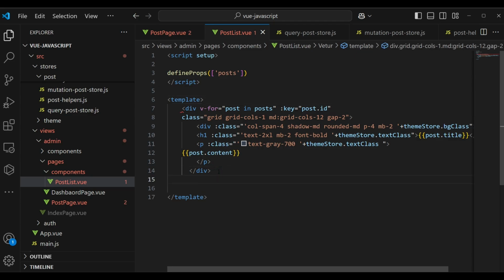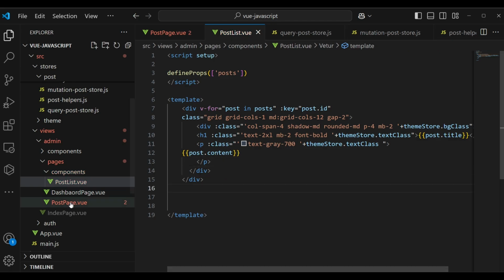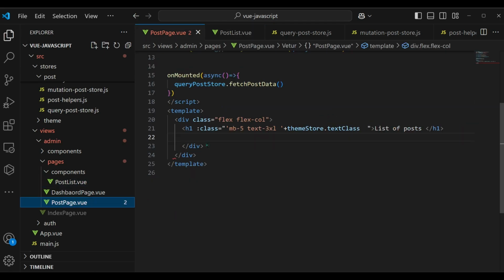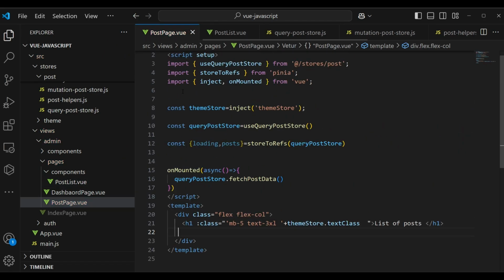We don't pass you an end tag, guys. Pass here div like this. I'm going to copy this end tag right here, and then we're going to remove the error. Now we're going to go back within the post page, and then in here we're going to import the post